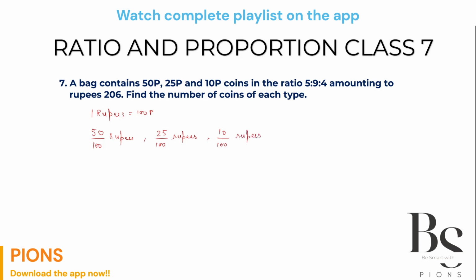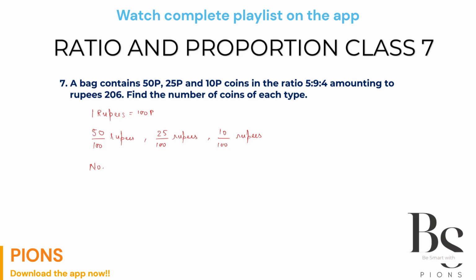Let me repeat a little bit again. 50 paise, when you convert it into rupees, you get 50 by 100. 25 paise when converted into rupees, 25 by 100. And 10 paise when converted into rupees, you get 10 by 100. Number of 50 paise coins equals 5x, number of 25 paise coins